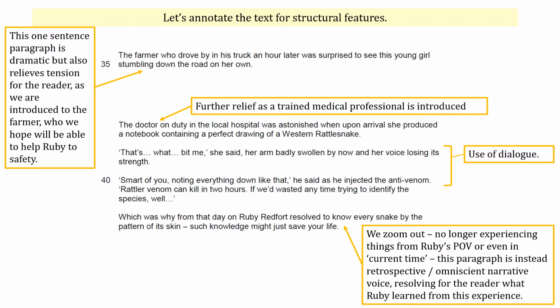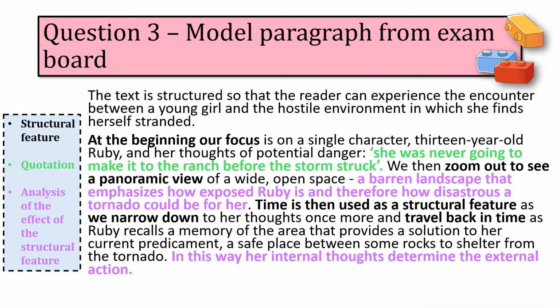And then finally, this last section introduces the character of the doctor. Just the introduction of the doctor creates real relief for the reader. A trained medical professional is now introduced, and this dialogue really highlights how he knows what he's doing and she is being saved. In the final sentence, we zoom out. We are no longer experiencing things from Ruby's point of view or even the current time. It's instead a retrospective, omniscient narrative, the all-seeing author who resolves to the reader what Ruby has learned from this experience. So before I let you have a go at this question,